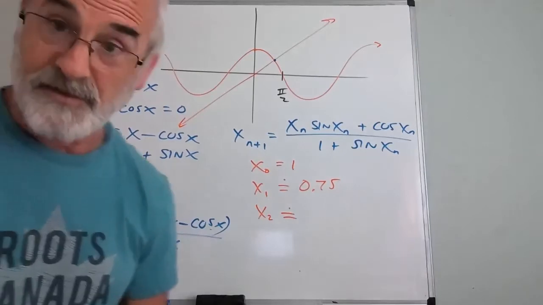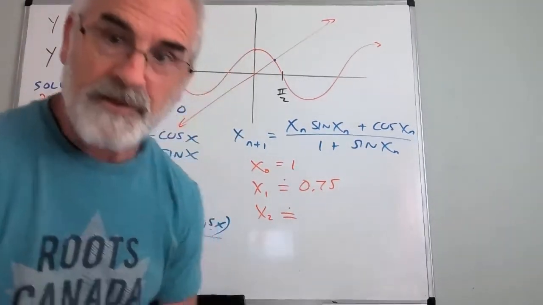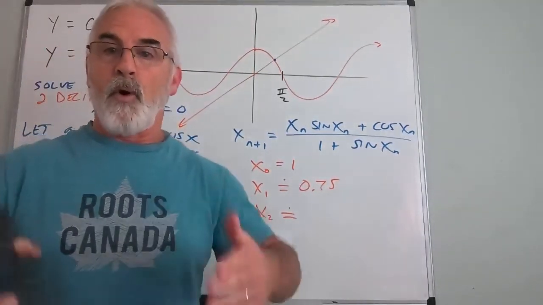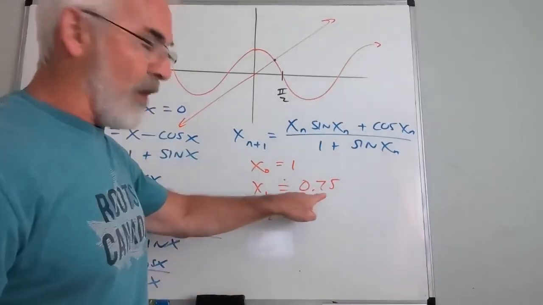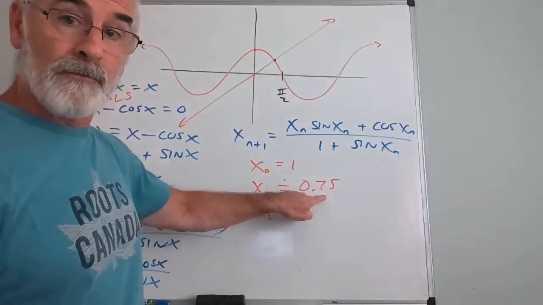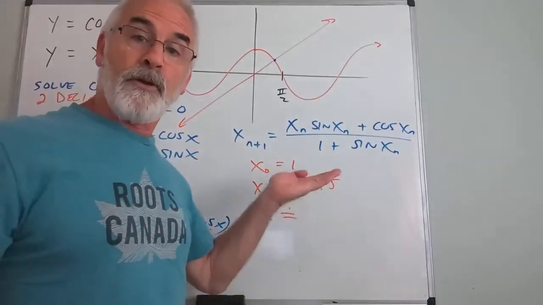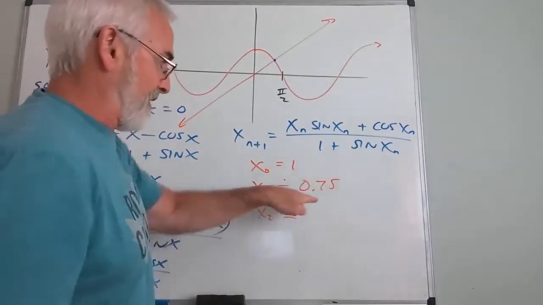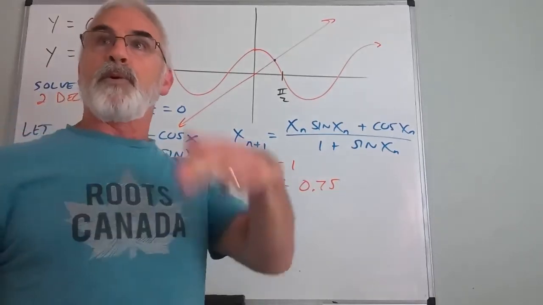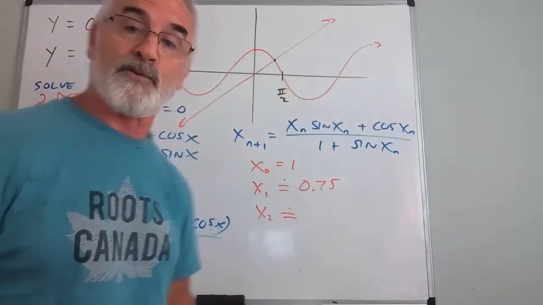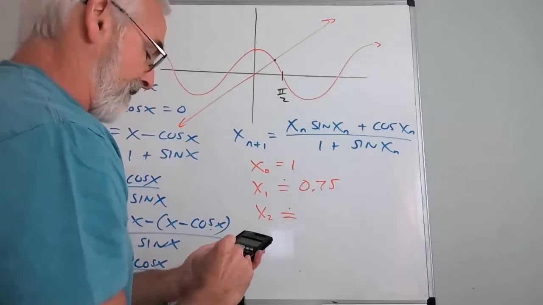Now let's take 0.75 exactly. See, the thing about Newton's method, you're only using rational numbers. When you round off a decimal, that is a rational number. Now, the numbers that contributed to that weren't rational, but that is rational because that's 3/4. And now I'm inputting that until I get the same decimal twice in a row. So when I put 0.75 in now,